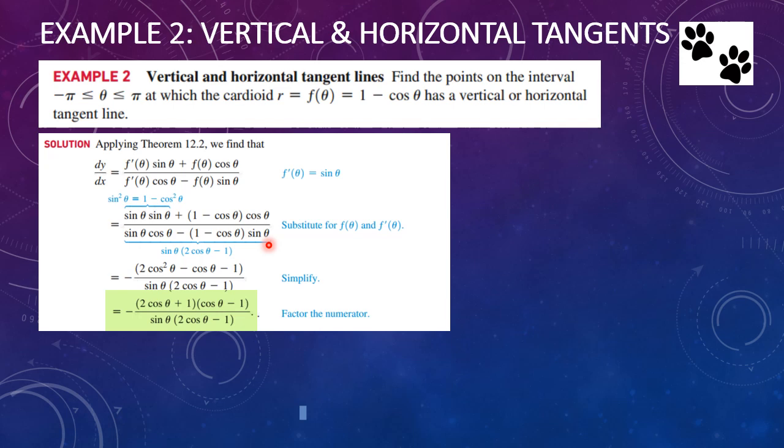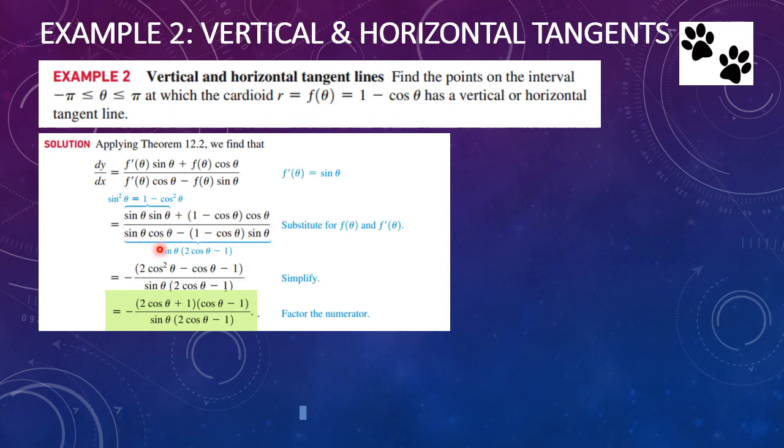Well, sine squared theta is equal to 1 minus cosine squared theta. So we're going to plug that in, multiply this through. We get plus cosine theta minus cosine squared theta. When we combine 1 minus cosine squared theta with cosine theta minus cosine squared theta, we get negative, and pulling the negative out in front, 2 cosine squared theta minus cosine theta minus 1. In the denominator, if we factor out a sine theta from both of these values, we get